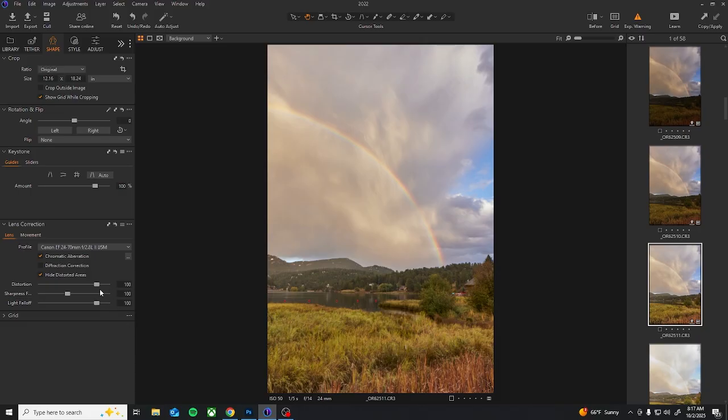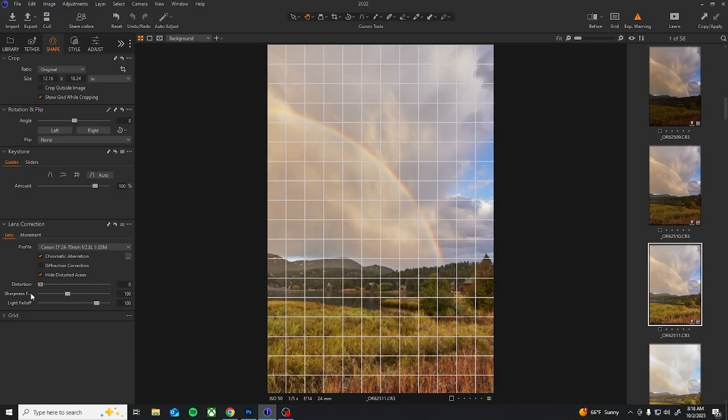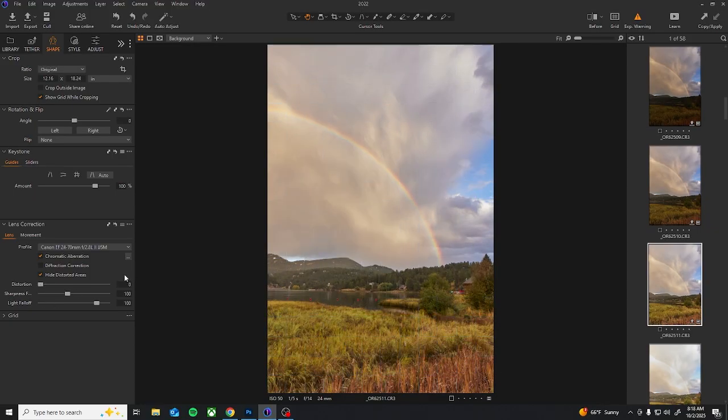And within Capture One, we come up here to shapes, and I always set distortion, sharpness, and light fall off to 100, because if you look at the bottom and the top and the sides, you're going to see that it's going to curve. So I'm going to come out, right? We can see how the picture is getting warped. So that's before,